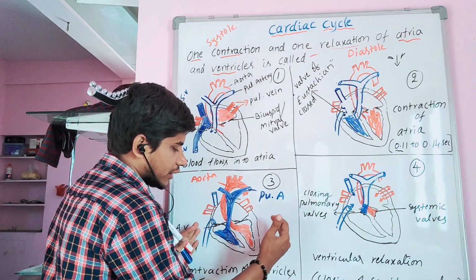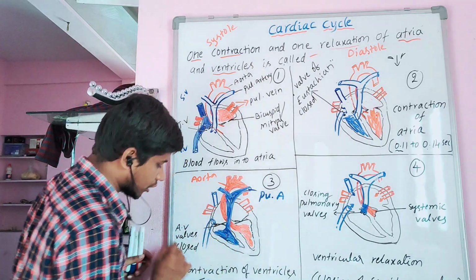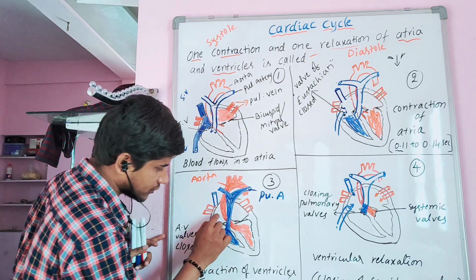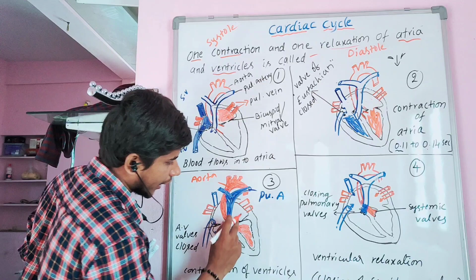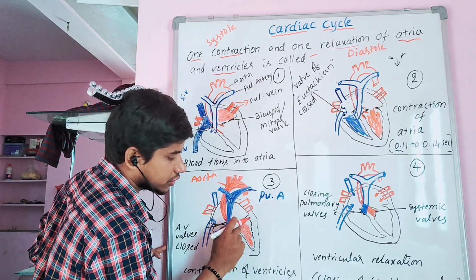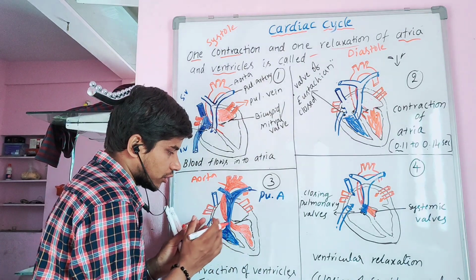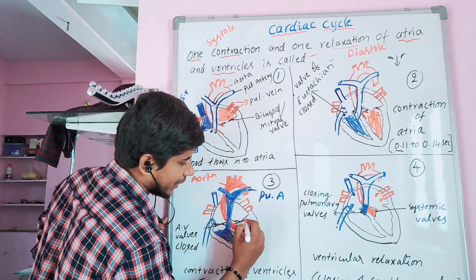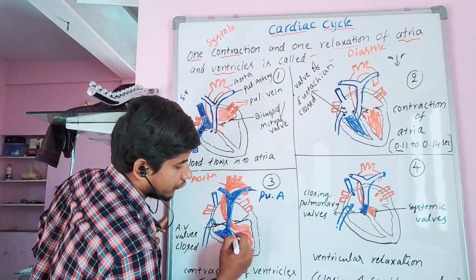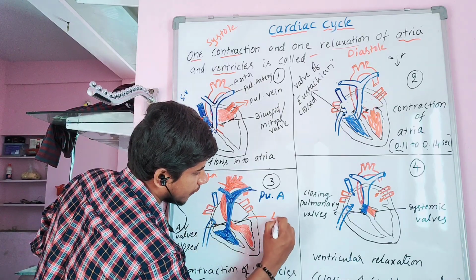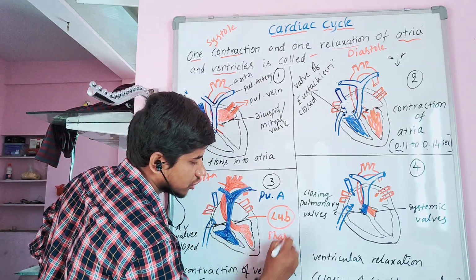At the time when the ventricles contract very forcibly, the valves between the auricles and ventricles, they are called what? Auriculoventricular valves. That means between the right auricle and right ventricle, the tricuspid valve, and between the left auricle and left ventricle, the bicuspid valve, they will be closed with a very short. When these AV valves close because of contraction of ventricles, they make a sound called lub. This is the first and sharp sound. How do we get this sound?